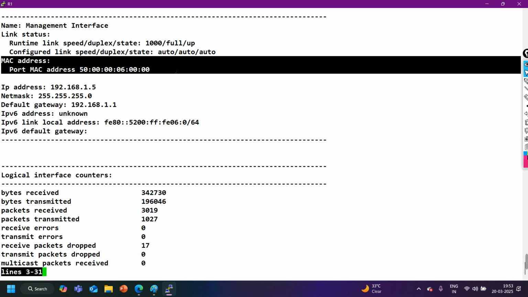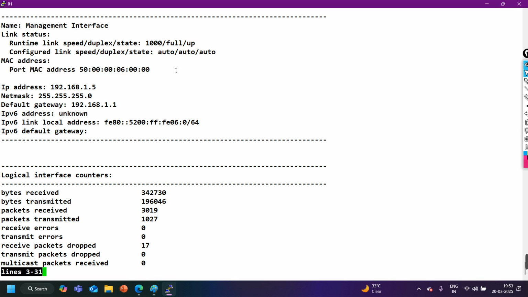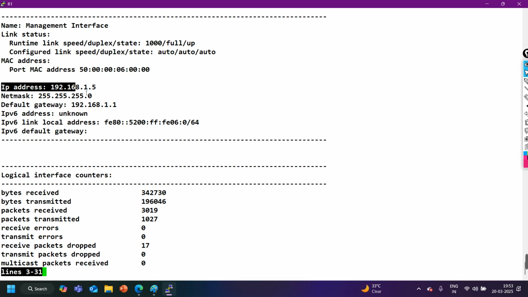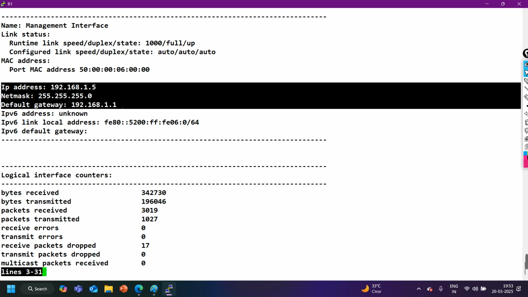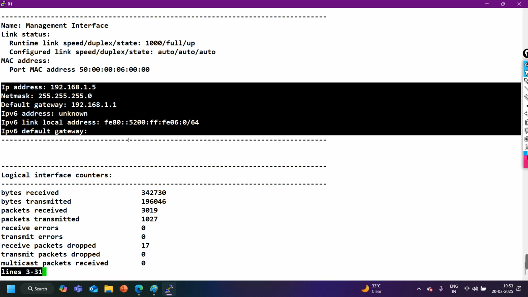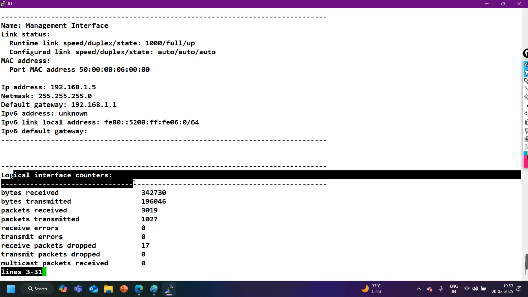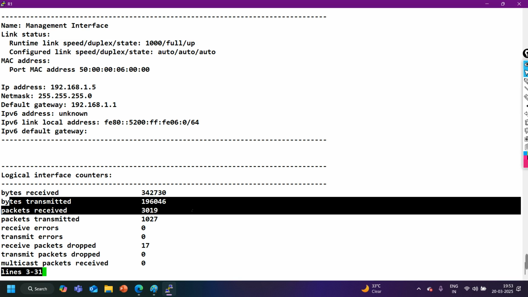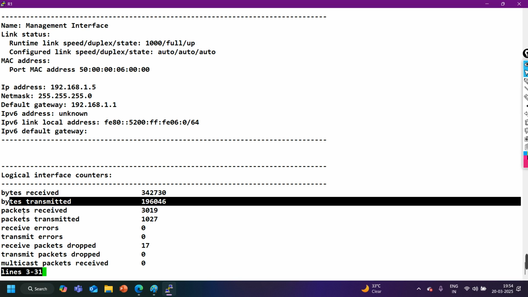On the switch, if you are troubleshooting whether the switch is learning the MAC address of the Palo Alto Firewall, like the management interface MAC address, then you can also use this command to find the MAC address of the management interface, right? Again, we have the IP address, subnet mask, default gateway, IPv6 address information, and some logical interface counters, right? Like how many bytes of data received on this interface, bytes of data transmitted from this interface, packets received